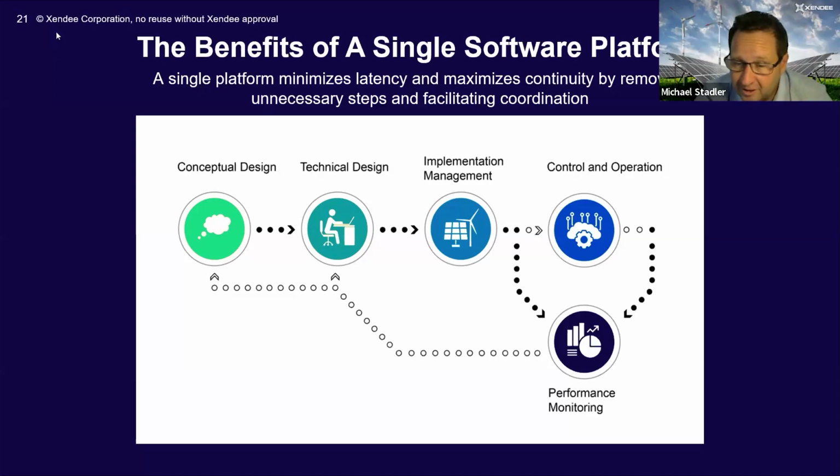Then we have to go back and actually do a simulation, see if the battery is big enough or maybe it's too small, it's too big, maybe the generator is the wrong size and so on. So all these things, the design will then impact how much you can achieve during the control. And this is why we link these two things. And you will see this from Lulu when she talks a little bit about how these products connect here. We can move from conceptual design, technical design into control and operation to make this a seamless process